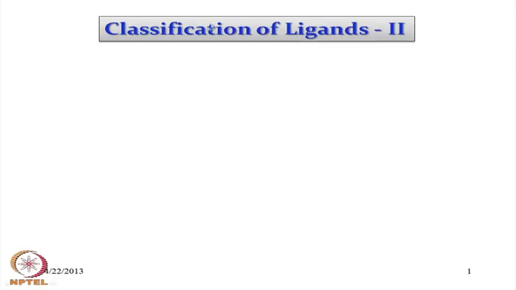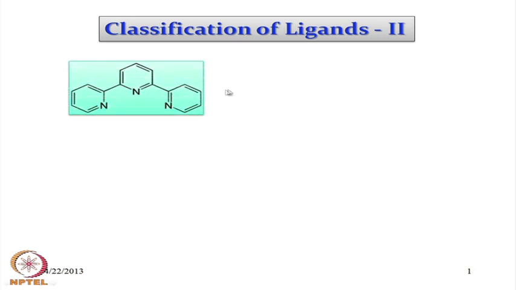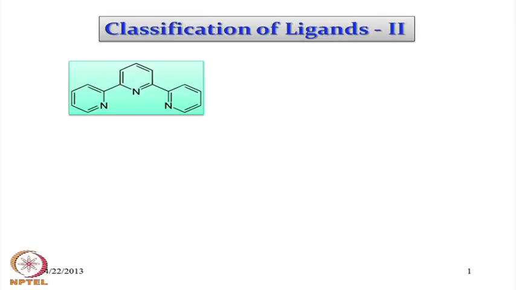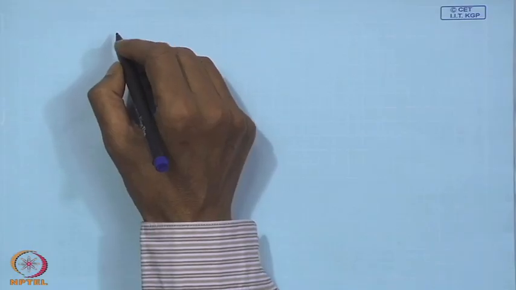So, in this second part of the classification of the ligands, the first example is nothing but 3 pyridine rings attached together, from the ortho position of one pyridine ring to the ortho position of the next, and again another ortho position of the nitrogen to the third ring. This sort of ligand has similarity with